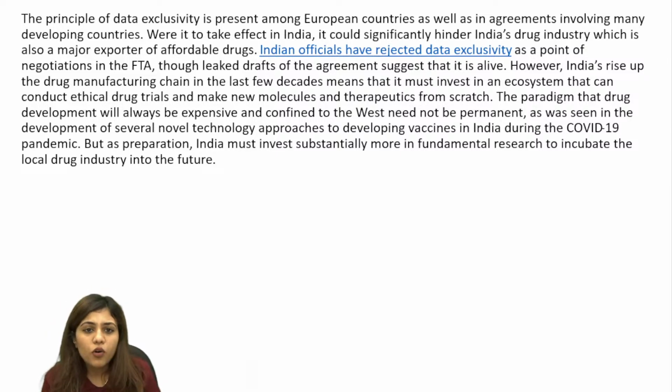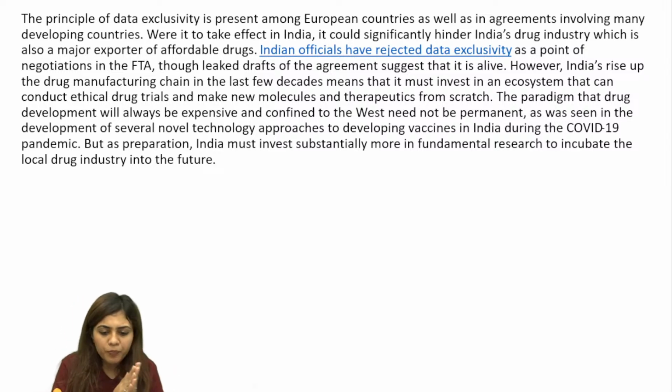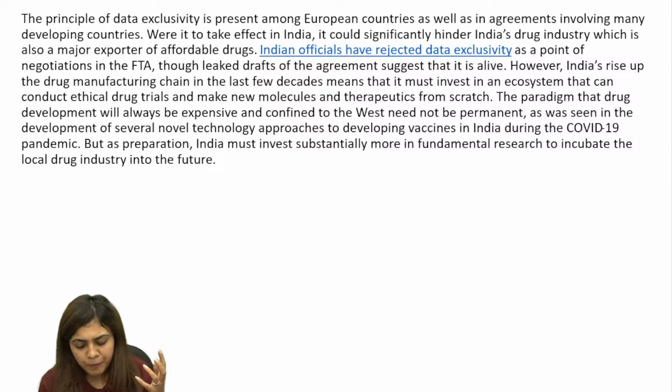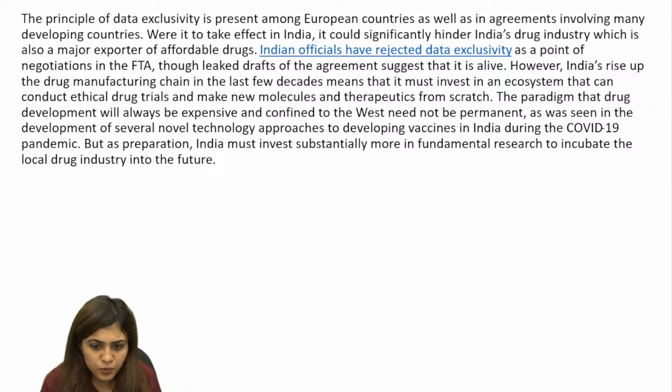But the thing is, in order for India to reign in the field of creating their own medicines, they will have to start investing more money। So in simpler terms, हम देख सकते हैं इस चीज को कि it's like India and EFTA, they are arguing about who gets to control the new medicine ideas। लेकिन अब हम देख सकते हैं कि if India starts to invest more money in their research and development of medicines, then automatically competition तो रहेगा, but the thing is disagreements जो है EFTA और इंडिया के बीच में, वो कहीं ना कहीं रिजॉल्व हो जाएंगे। Now that was the summary of the passage। अगर यहाँ पे कुछ नहीं समझ में आया हो तो प्लीज लेट मी नो।